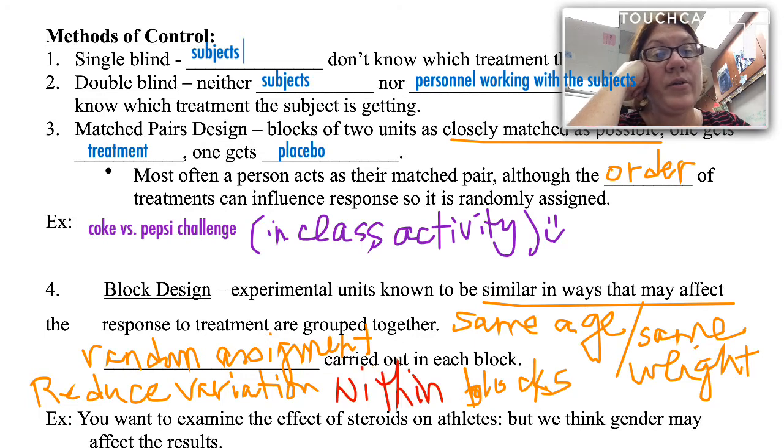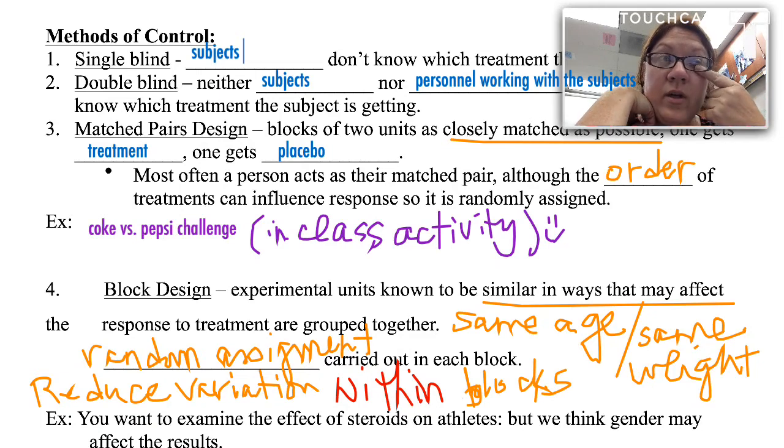Okay, so I want to reduce the variation within the blocks, trying to make the people as similar as possible before I start the experiment. And I do that in part because I know that that particular characteristic is going to affect my outcome. So if I were testing a diet pill, weight would definitely have a bearing on how much weight they actually lost, their beginning weight. So I would want to take that into account when I started